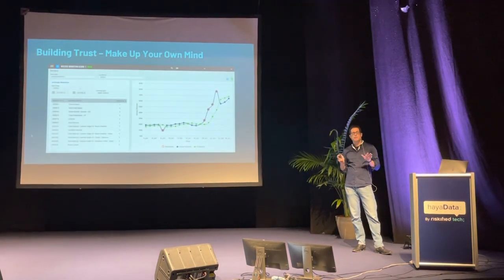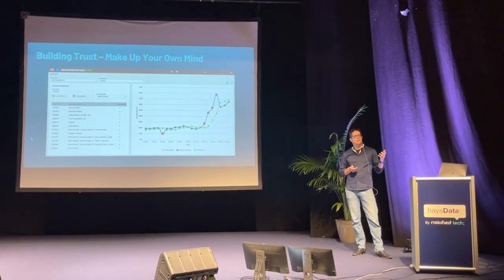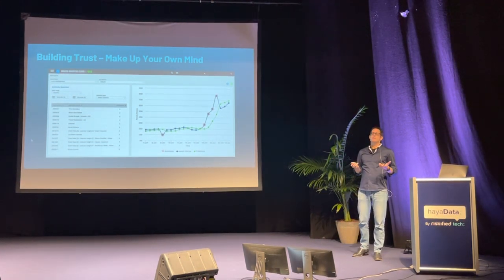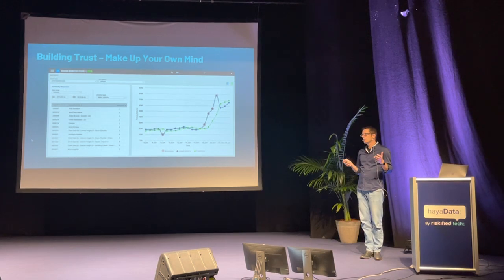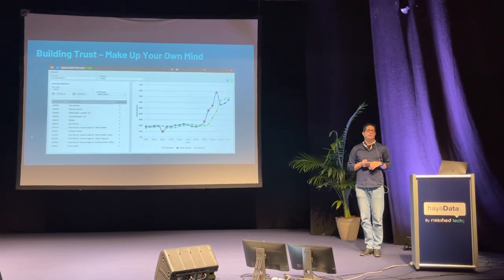In our system, we did something similar. We realized if we give our users anomalies and we don't explain what they are, just with the sheer amount of data, they'll feel they don't have visibility into it, and maybe they won't trust the system. So we built a UI that shows you the actual data of the time series.